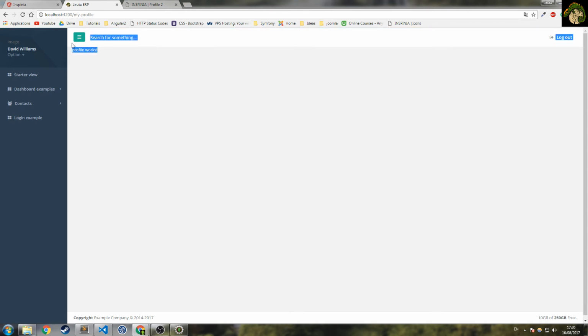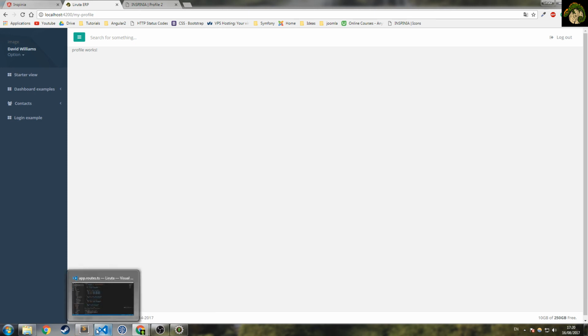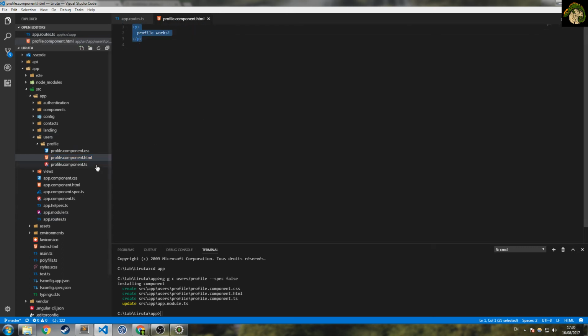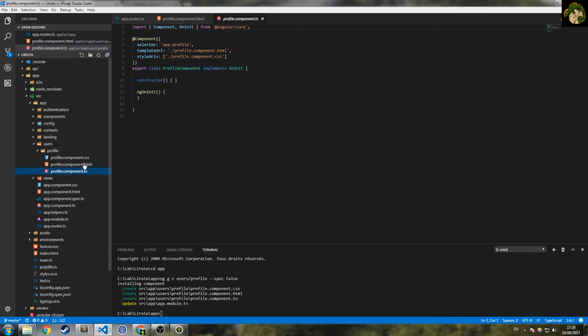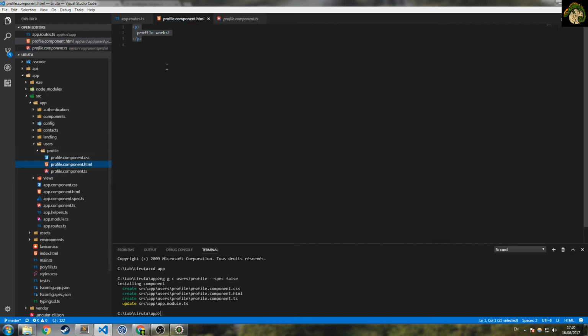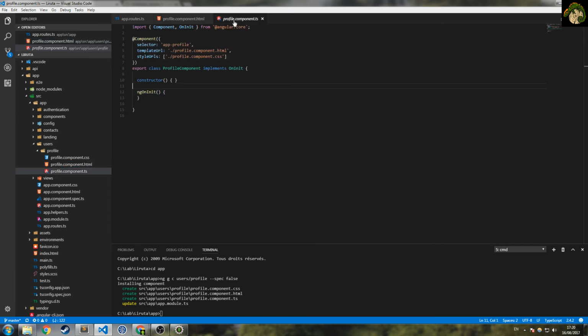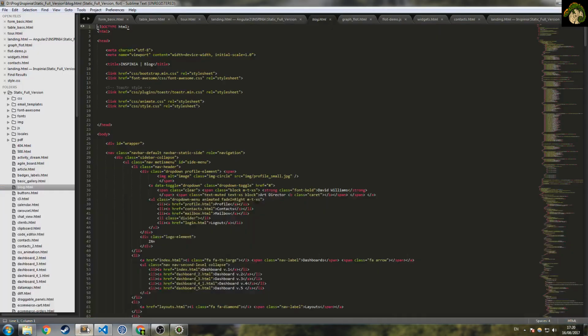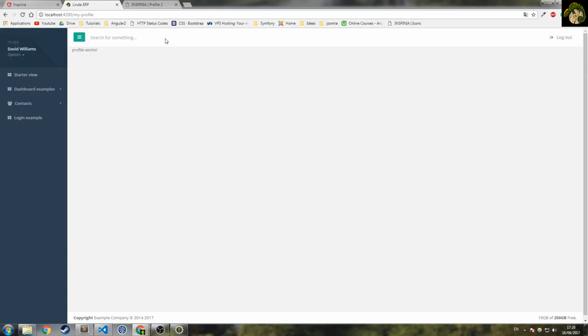So why do I have this message? It's basically because I have in my template of profile works. So it seems to be working, which is great. Okay, so I have my component. Now let's go quickly here and put some dumb HTML. No, okay, I'll go check first